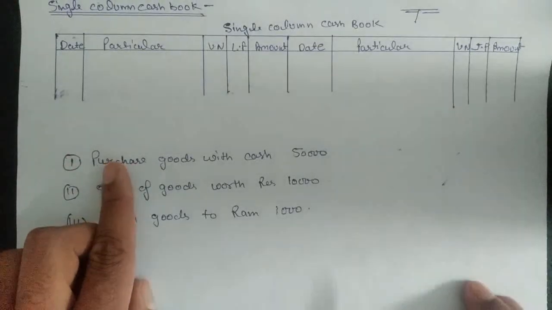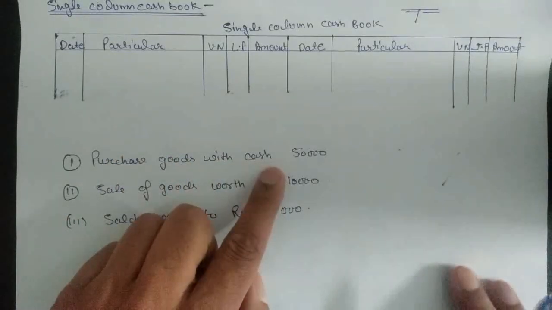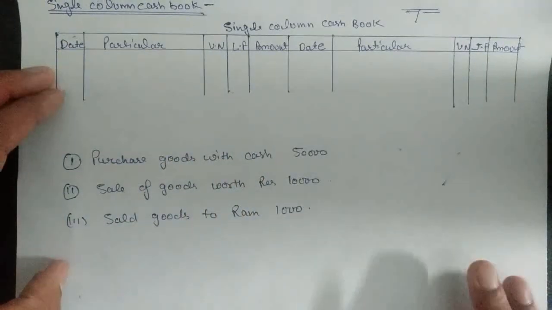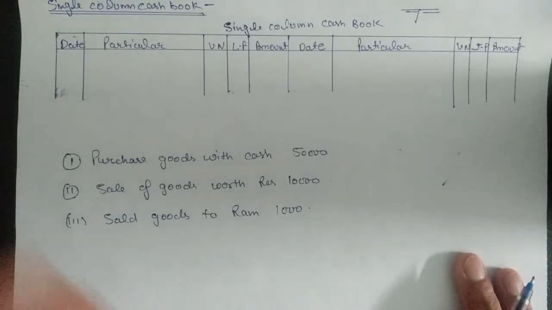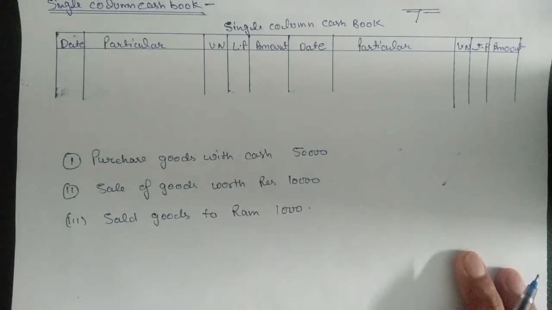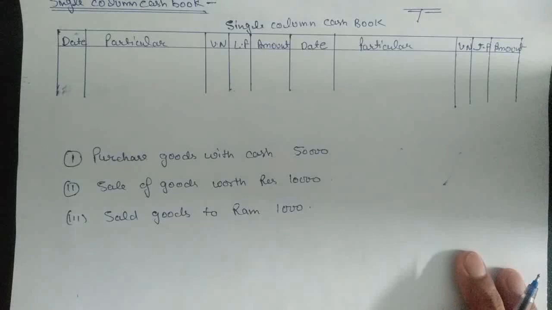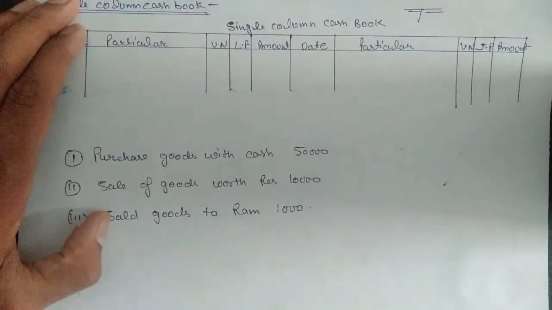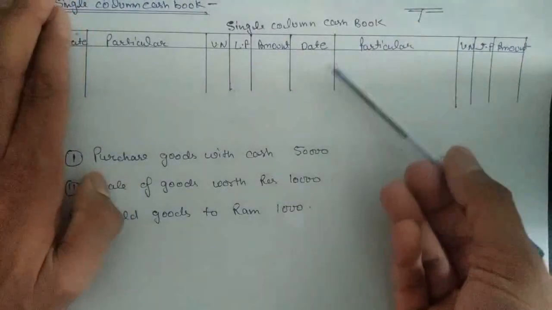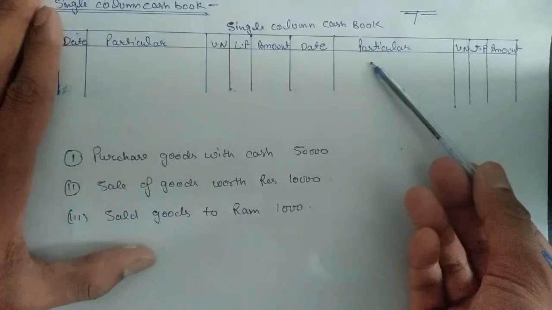First thing is purchase goods with cash. It means we are purchasing goods. So when we purchase there is an outflow of cash because हम अगर कुछ purchase कर रहे हैं तो हम उसको पैसे देंगे, and if we are paying money to him it means there is an outflow of cash from the business. So purchase of goods means we are purchasing goods, but with cash means we are paying cash. So there is an outflow of cash from the business. As I told, in case of outflow we need to put the entry on credit side, but by what name?